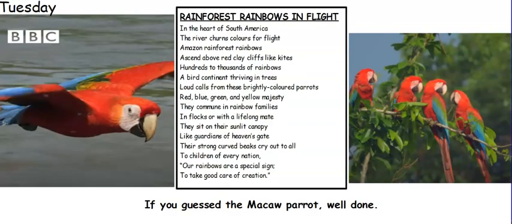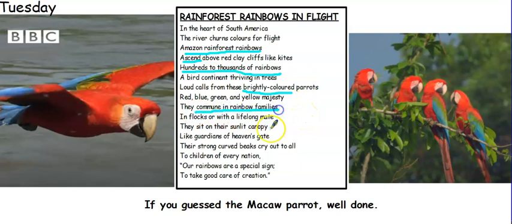I hope you could see from the video just how powerful some of the language was that the author had chosen to describe the parrots as brightly coloured, hundreds and thousands of rainbows ascending above the red clay cliff, so really good verb choices, describing them as Amazon rainforest rainbows and the churning colours as they fly through the air,